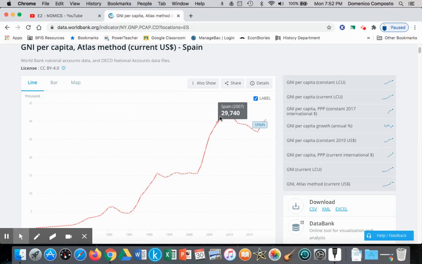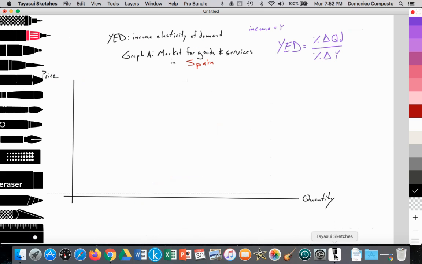in GDP. But unfortunately, we see that the 2008 crisis drove Spain into a recession from 2008, approximately going to 2017, where it started to recover. We see GNI per capita income rising, but then unfortunately the COVID pandemic will bring it back down. So we're going to be looking at this period from 2008 to 2017, that fall in per capita income. So YED, income elasticity of demand, is the percent change in quantity demanded divided by the percent change in income. And in this case, we're going to assume that income